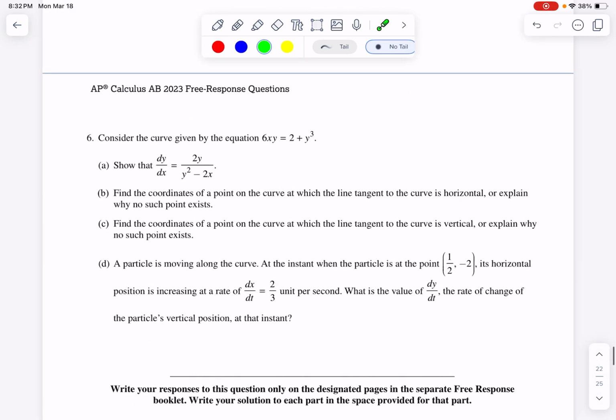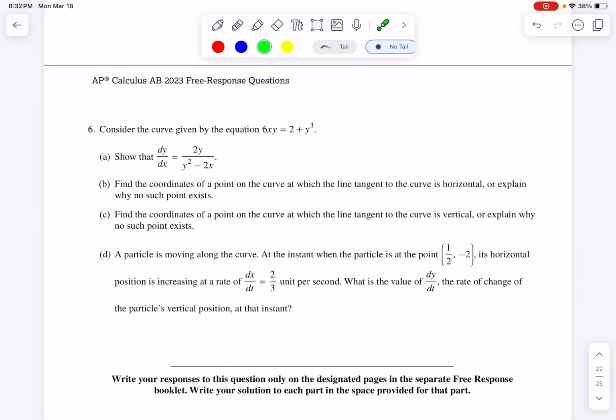All right, last one. So consider the curve with this equation. The whole point here is we don't know what that looks like. Right? It's too complicated to even guess. But if we understand the relationships, hopefully we can figure